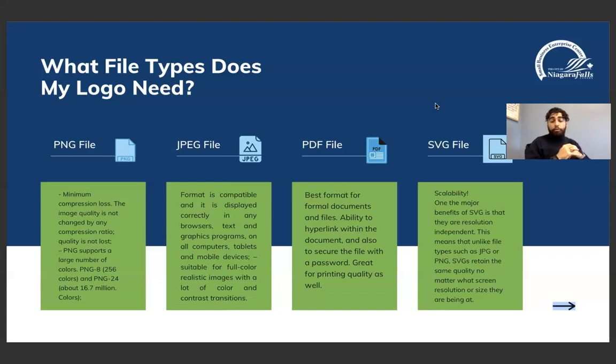So print is a large example of this. When you're taking your logo and you want to print billboards or print signs if you're in real estate, or print leaflets if you're looking to do door-to-door advertising, you're going to want a lot of the time to include an SVG file of your logo to your designer, so they can use this logo to stretch it to whatever size you're going to be printing, whether it be on a big banner or a smaller little leaflet. Again, your SVG file is going to maintain quality, it's going to maintain its clear, crisp look, and it's going to avoid all of that pixelated kind of fuzziness that we hate to see when we're looking at design.